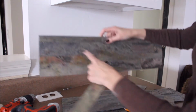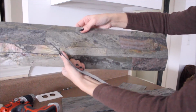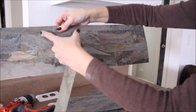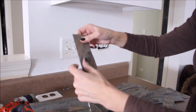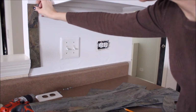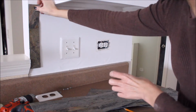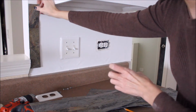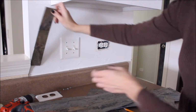So I cut some of the pieces. It has like four sections here, these longer, skinny pieces. So what I did is I cut pieces like that that would kind of cap it off, that go kind of on a horizontal, vertical, get my directions straight. Vertical, and then I started hanging